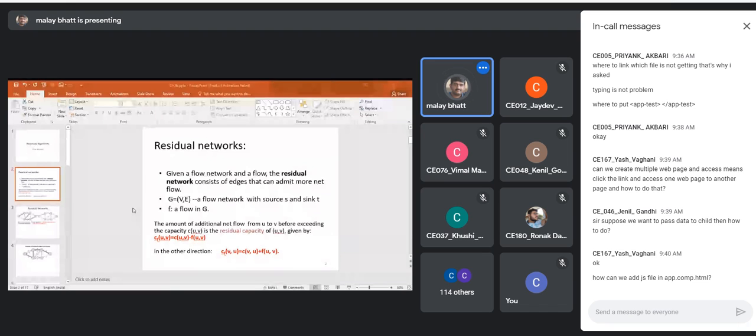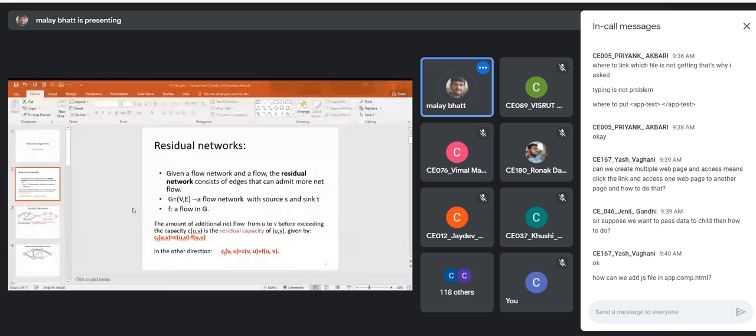So we'll do the terms that the amount of this flow before exceeding the capacity is the residual capacity of U, V, which is given by capacity U, V, the actual capacity, minus the flow value, and the remaining capacity is total minus value.